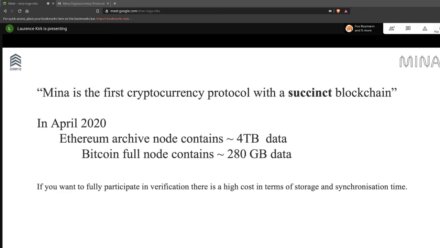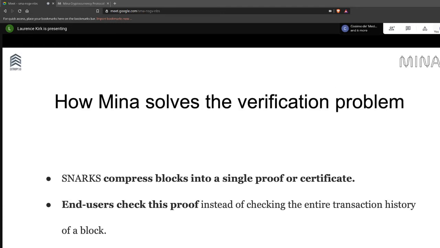Maybe, if we are running something on a phone, for example, we can't really verify all of the blockchain ourselves as much as we would like to. So we are losing out to some extent because of the size of the blockchain. And this really is one of the main driving forces behind Mina, and really one of the great features of the Mina project. They solve this verification problem and produce a succinct blockchain that doesn't have this massive growth in size.